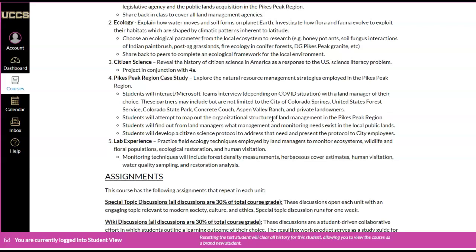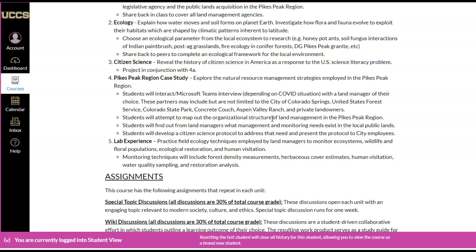Pedspeak region case study. So this is the project. You'll submit periodic assignments, and we'll always be talking about these case studies, and then you'll learn from each other because you'll all make choices that are different, and then you can work in groups of up to 4 people, but if you just want to work alone, that's fine too. But basically, you're going to seek out a landscape and a management strategy in the Pedspeak region, and you're going to understand that from a geopolitical standpoint, from an ecological standpoint, and you're going to develop a protocol for addressing monitoring needs on the landscape.